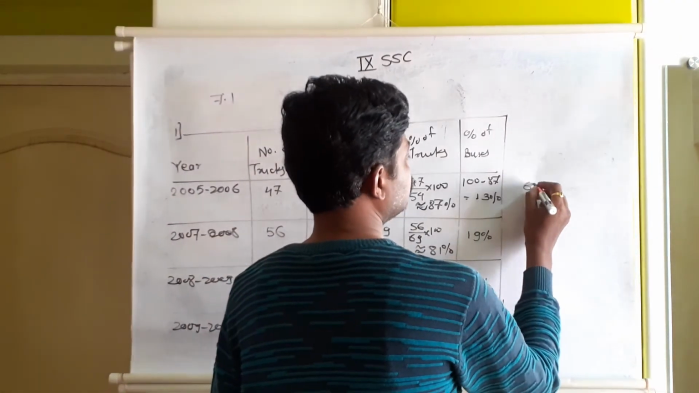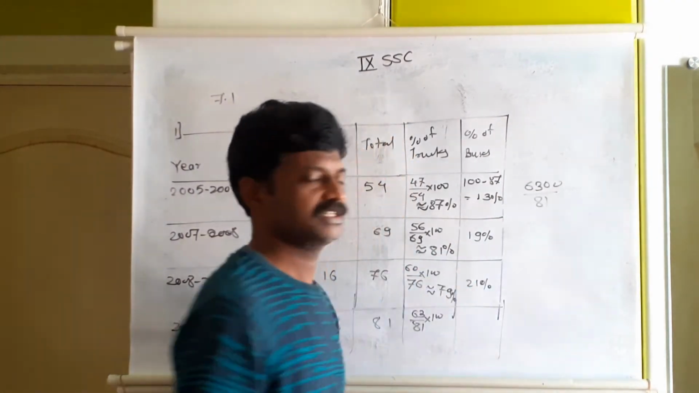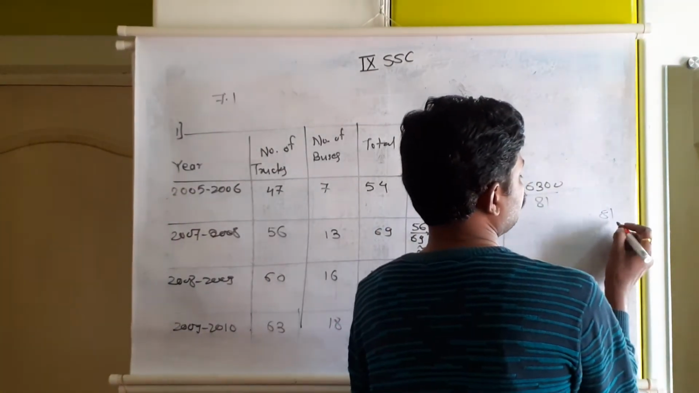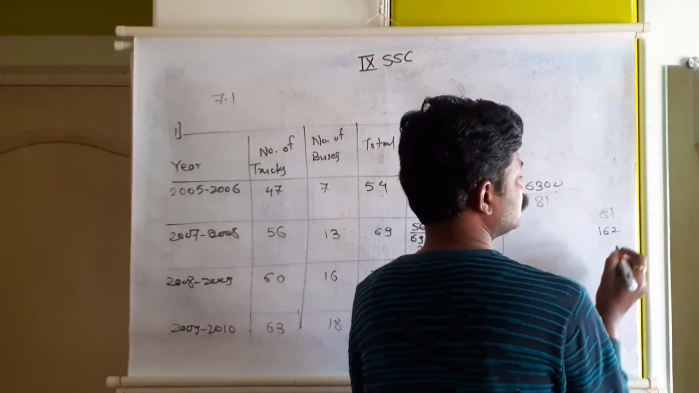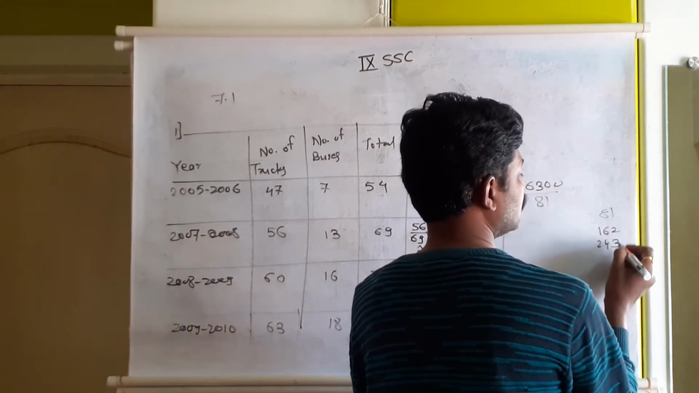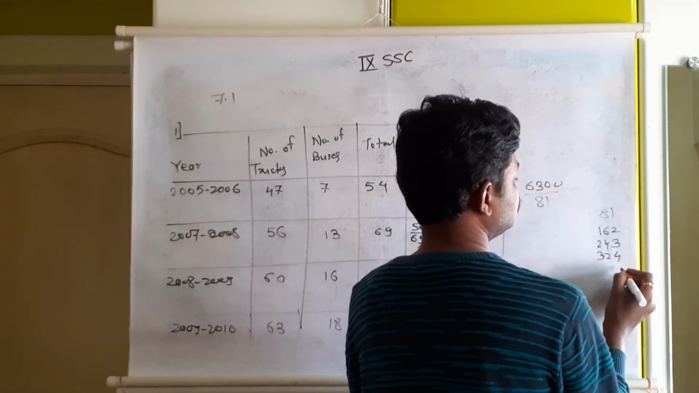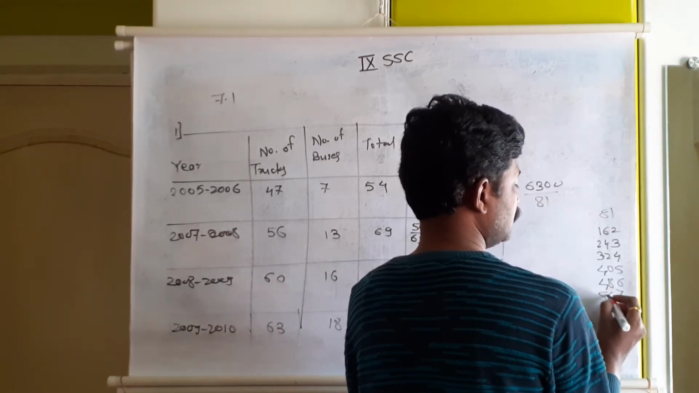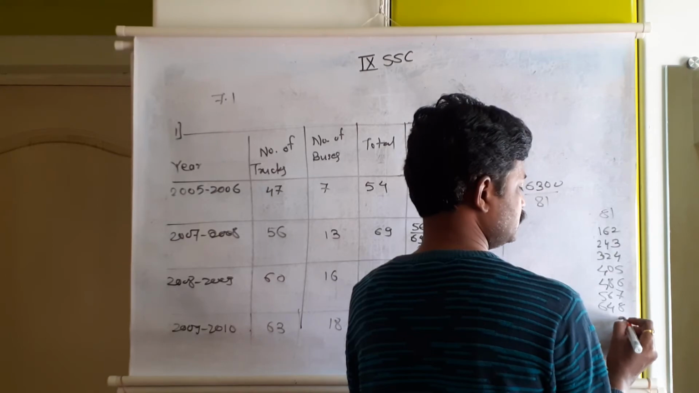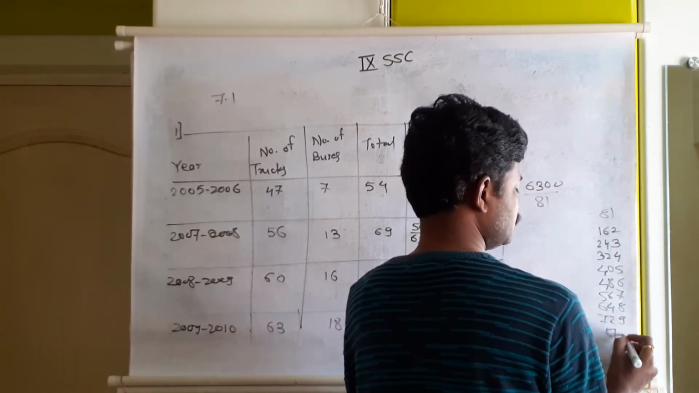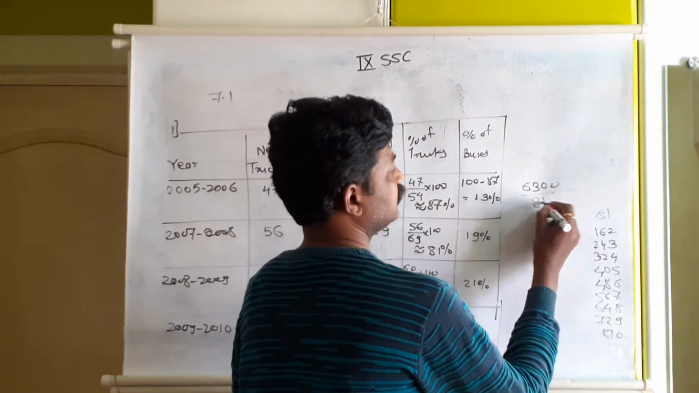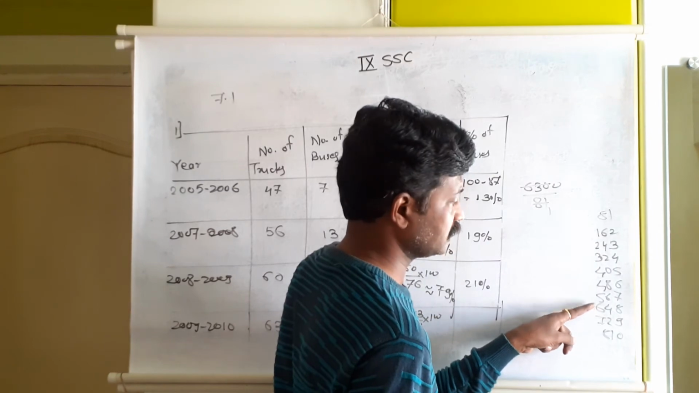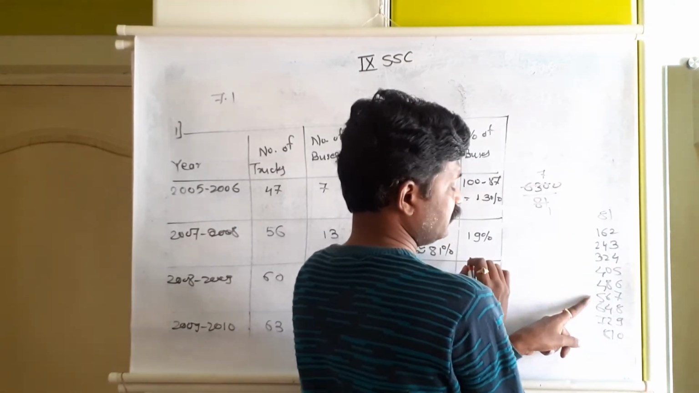So 6300 divided by 81. We'll form the table of 81 here. 81 1 za, 81 2 za 162, 3 za, 4 za, 5 za, 6 za, 7 za, 8 za, 9 za, and then 10 za. Okay, 630, we have 81 1 za. 648 is bigger, so 7 za, 81 7 za,